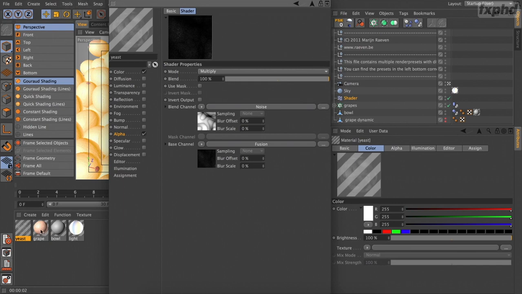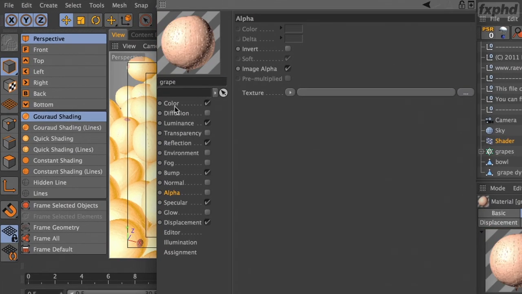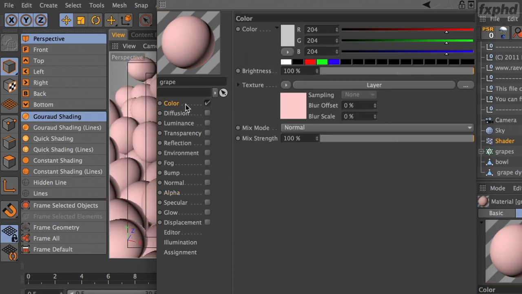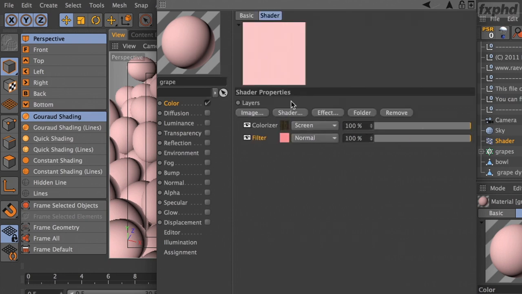Then if we open up the grape itself, let's turn off the displacement, the specular, the bump, the reflection, and the luminance. Let's just look at the color. Now I'm fascinated that he looked at a green grape and he decided, oh, let's make it pink. That to me is impressive thinking, just to be able to analyze something and know that the subsurface scattering is going to be what gives this thing the color, but the color itself is actually going to be this pink